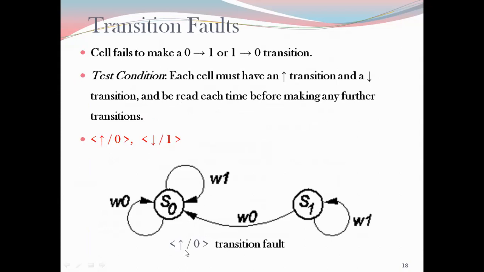So in this state diagram, we are trying to see the 0 to 1 transition fault, that is upward transition. So we'll see it here. Here if S0 is there for a cell, it means it is already having the value 0. If I write 0, it will remain here, which is well and good as expected. But if I write 1, it should have transited here, which it is not doing. So it means my 0 to 1 transition has failed and it is not transiting to the next state. So this is my upward transition fault detected.